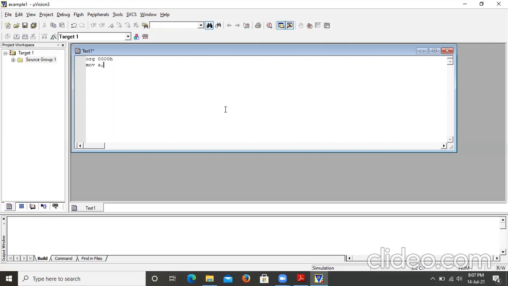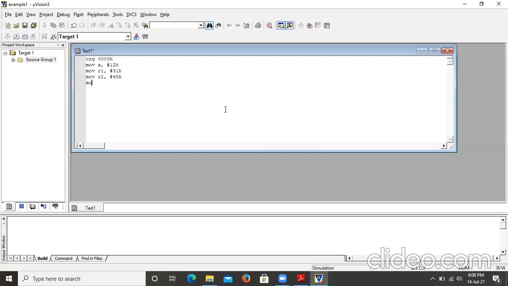MOV A, #12h. Then MOV R1, #31h. Then MOV R2, #45h. So we are simply loading values into the registers.